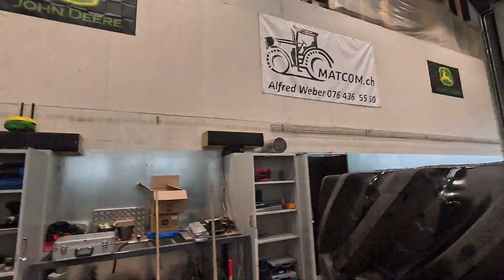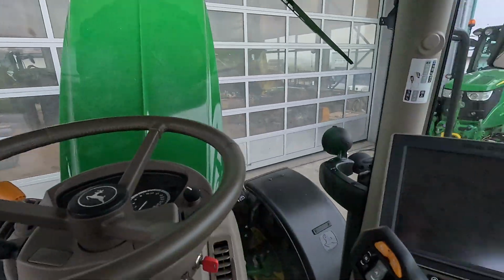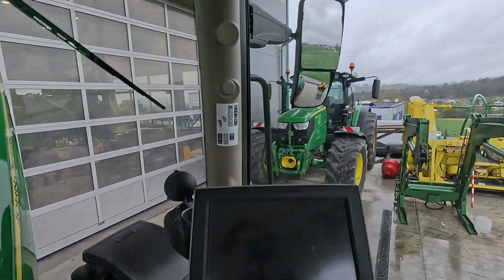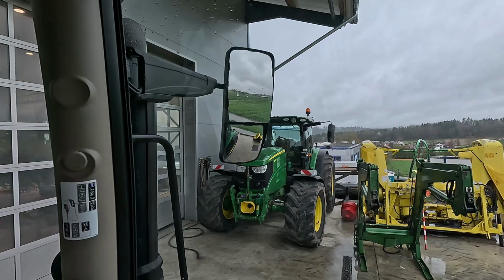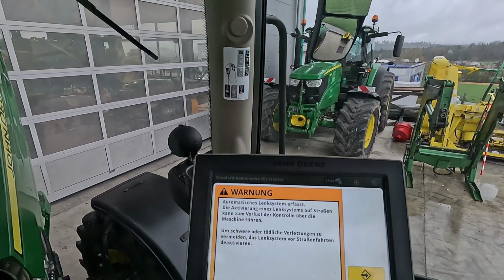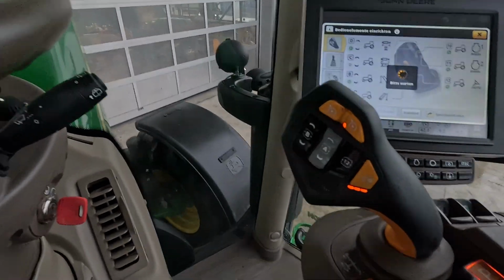So I'm excited. That's my tires gonna go. What I'm looking at here is a 6130. Beautiful little tractor. It's quite similar to the 6125, and there is a 6155. It's a Command Pro, so